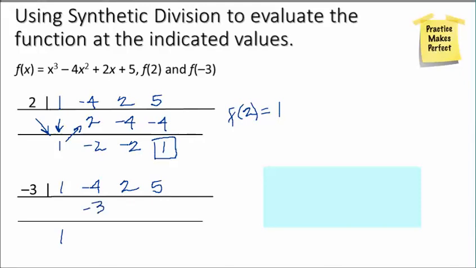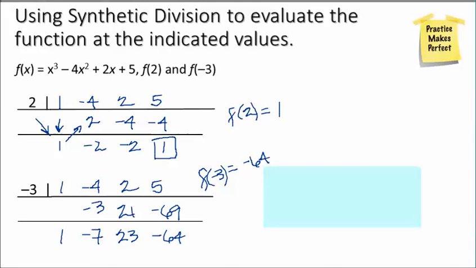Negative 4 plus negative 3 gives me negative 7. Negative 3 multiplied by negative 7 gives me a positive 21. I add 2 and 21, I get 23. Negative 3 multiplied by 23 gives me a negative 69. And then when I add 5 and negative 69, I get negative 64. So guess what? That's your answer there. When y equals f of negative 3, or when x equals negative 3, you get f of x equals negative